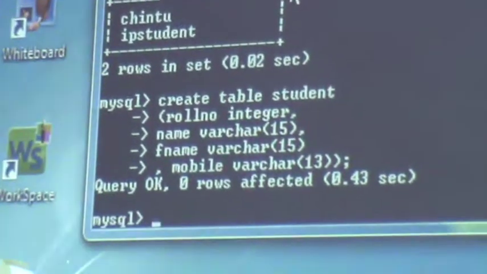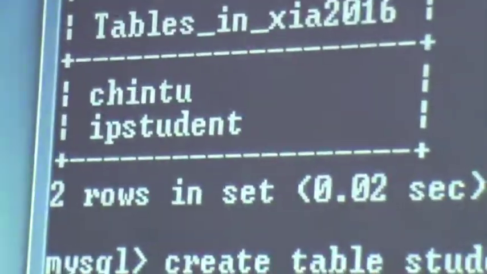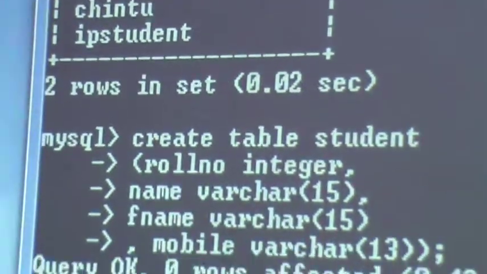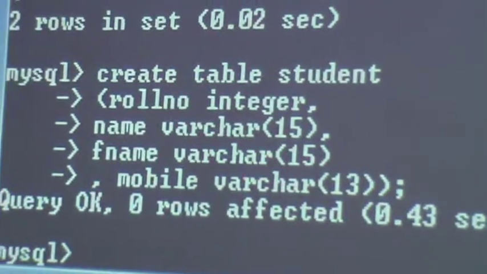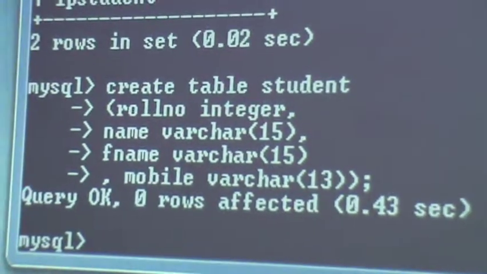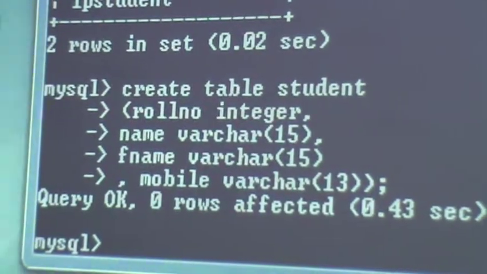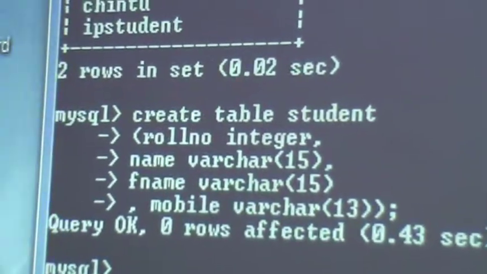Query okay, 0 rows affected. It means the table is created now. Now there are various commands. Suppose some other user has created this table, and values may or may not exist in it.